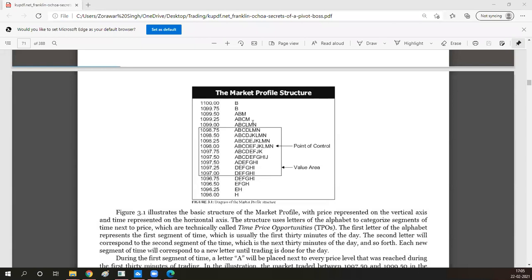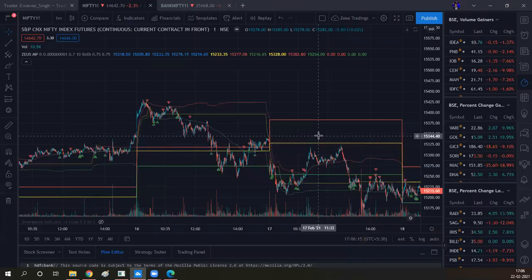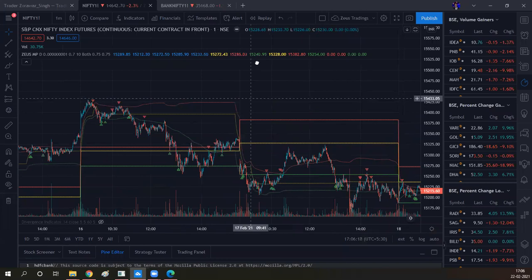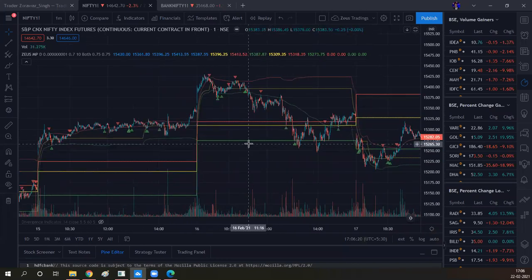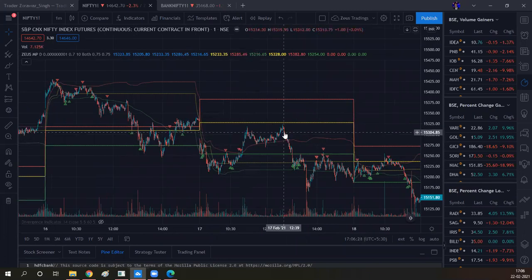Now, you see the market profile will form this bell curve, and the price at which maximum trading activity occurs is called the point of control. And a region where 70% of all trading activity occurs is called the value area. So this was actually the old way this was done. Now, in terms of charts, this thing is mathematically calculated. There is a formula for it, and we applied it into code. So if I come to any day, let's look at this day.